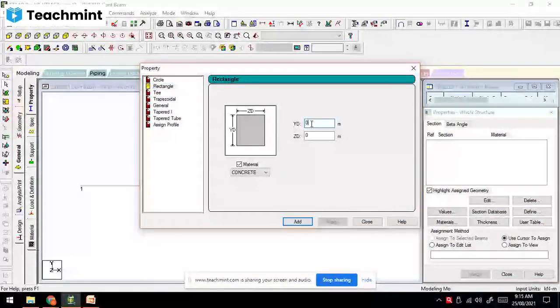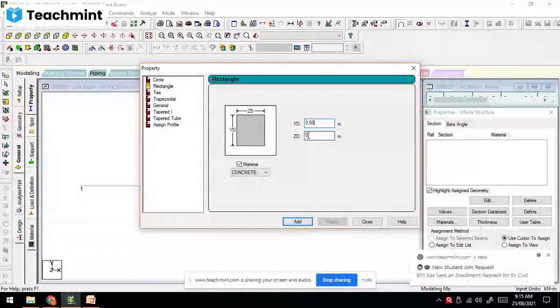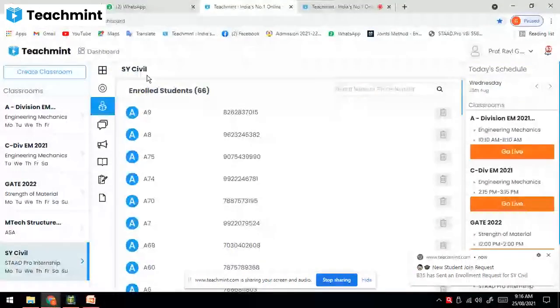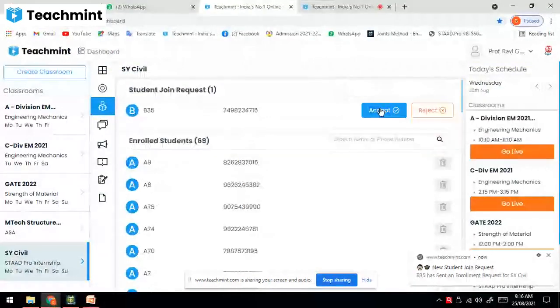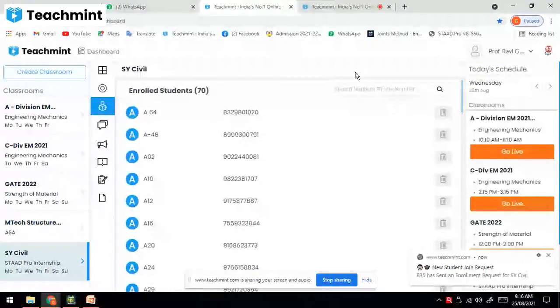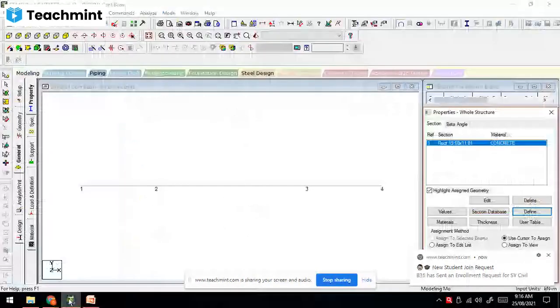Suppose the depth of beam is 500 mm, that is 0.5 meter, and suppose width is 300 mm, that is 0.3 meter. Click on add and close.